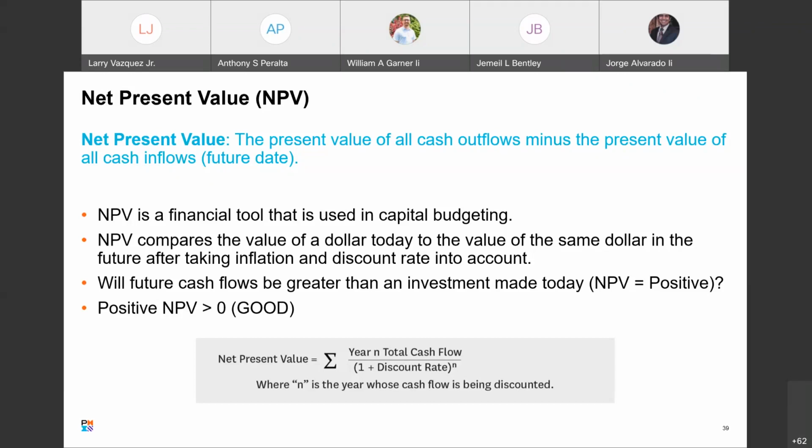The exam is going to say something to the effect of, if you have three competing projects, and based on your analysis you are expecting a net present value of 1, a net present value of -1, and a net present value of 5, which project would you select? Well, you select the one that's 5, the highest one. Or which project would you exclude? Well, the one that's below 0 is what you would exclude. Does that make sense? Don't ask me to explain what all these things are.